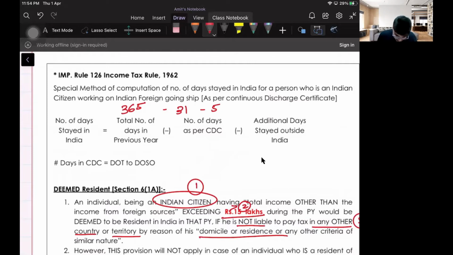So what will I get? Number of days of stay in India. It can be 365 or 366 as the case may be. If it is a leap year, you'll have to consider that also. So don't make mistakes in that particular thing. If it is a leap year, it will be 366 days. I hope I'm